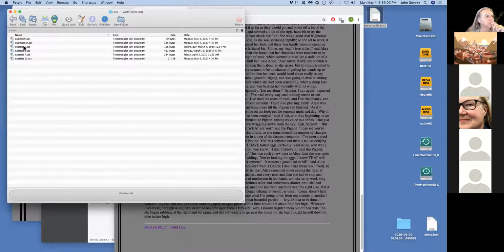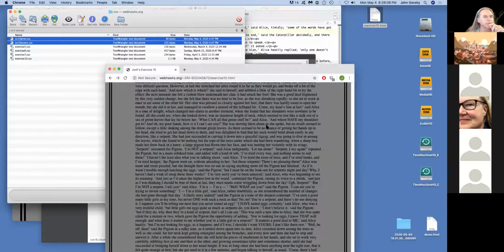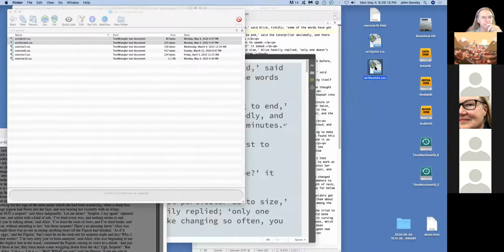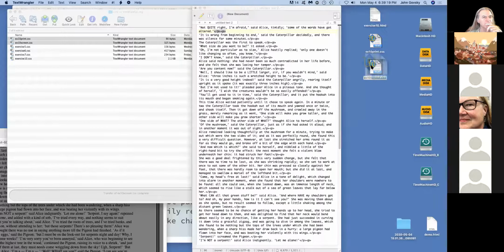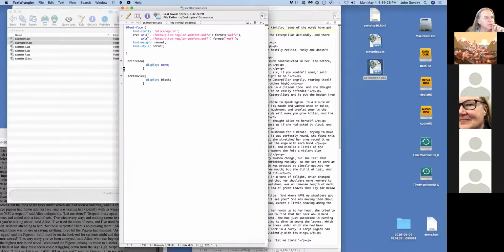So let's look at your X10 screen and print. We'll start with the screen. Print view, display none. Screen view, display block. Perfect. Looks really good. Exactly right.